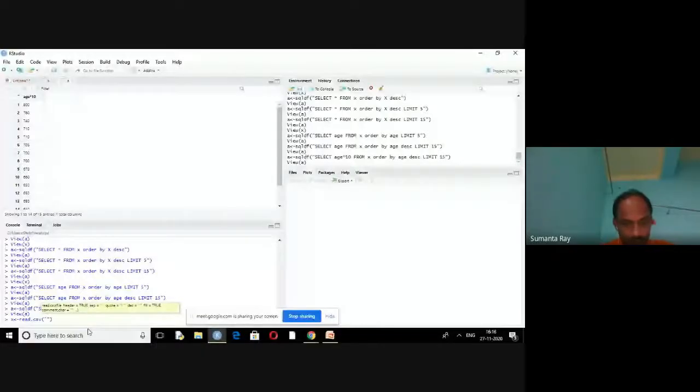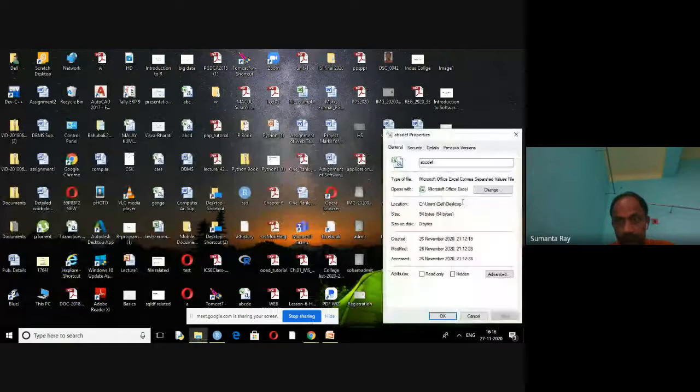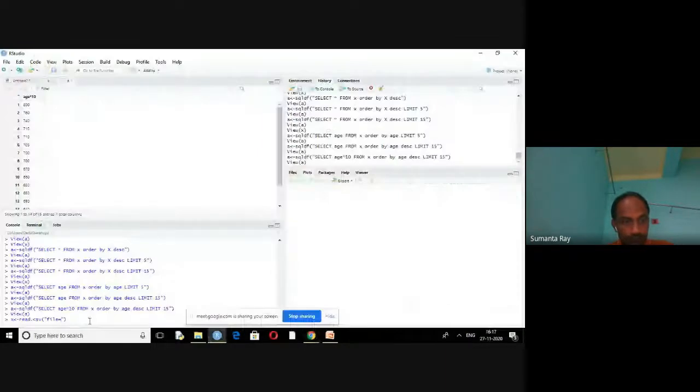So, command. Here I have to copy the path. abc.csv is the file, change the class, change the class, import.